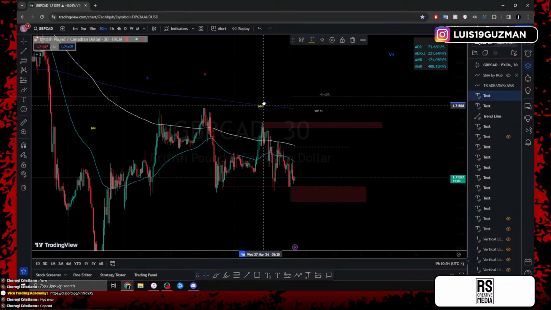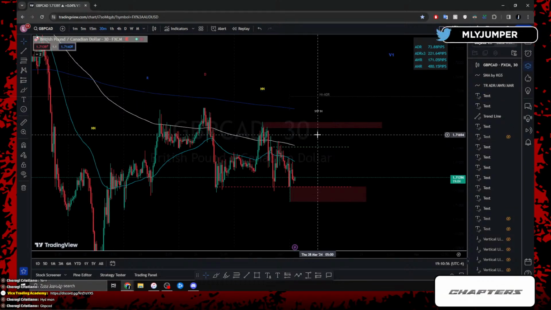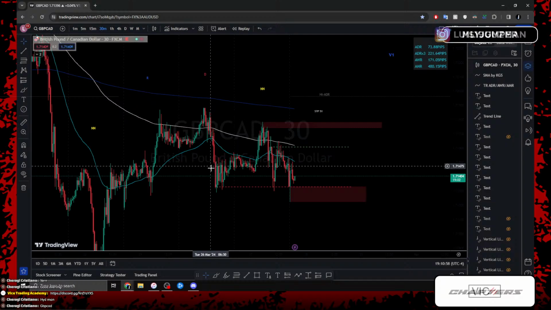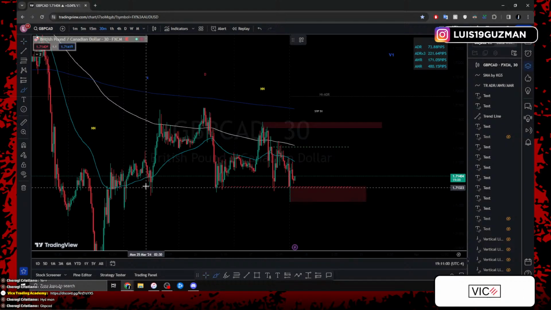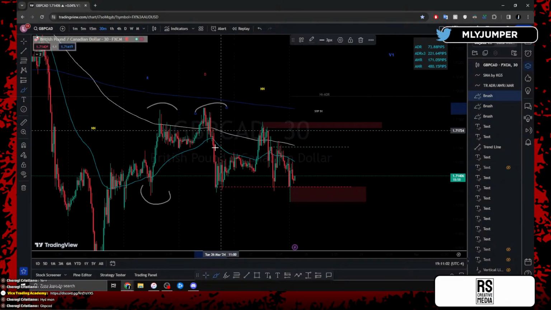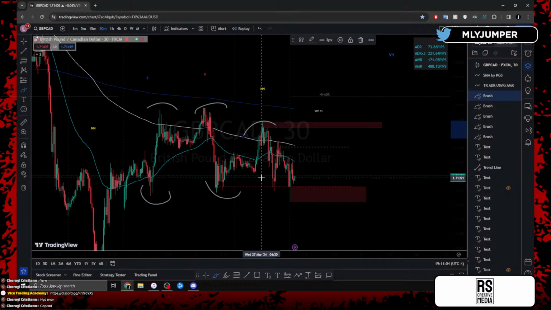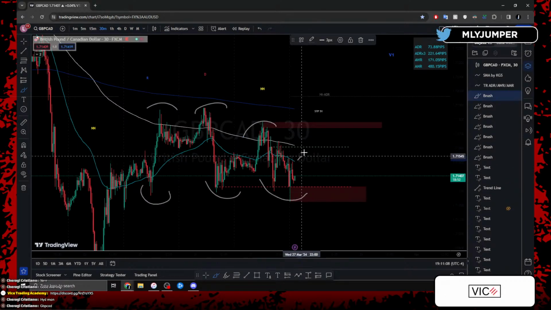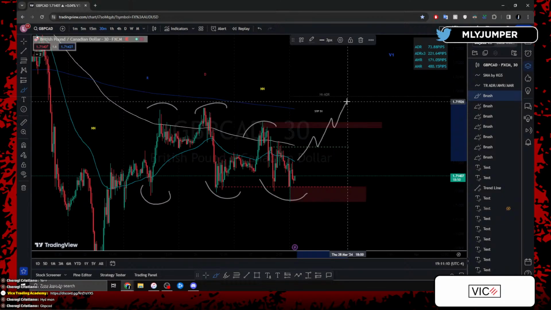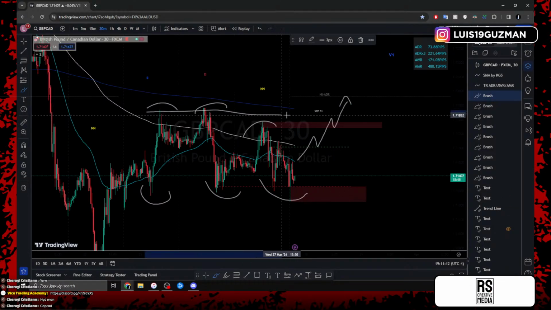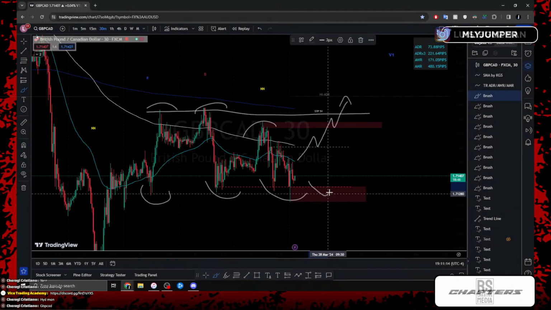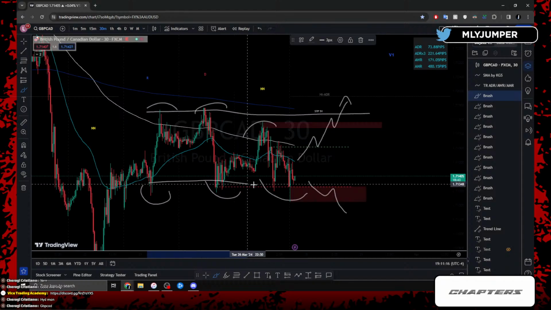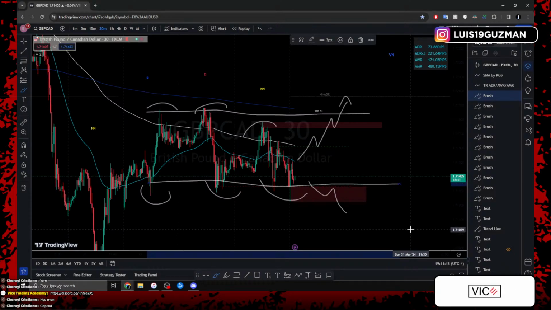We have a day of no net, so no continuation. Price is going sideways at this moment, still within this zone right here. Right, we're consolidating between these lows and these highs here. Right, so until we get a clean break of this zone, we're still going to be trapped, right? And until we get a clean break of these zones, we're still going to be trapped here. So we just got to be patient.